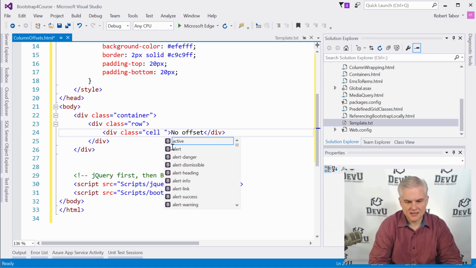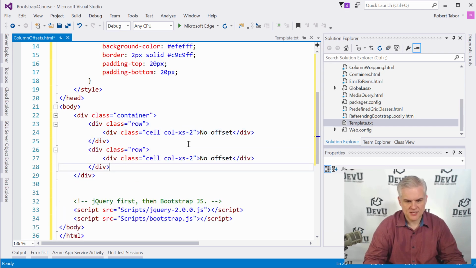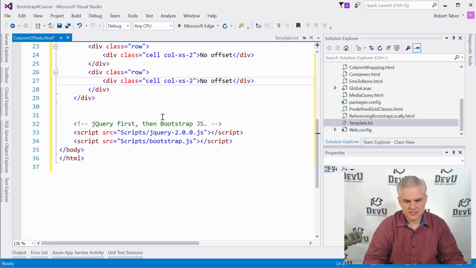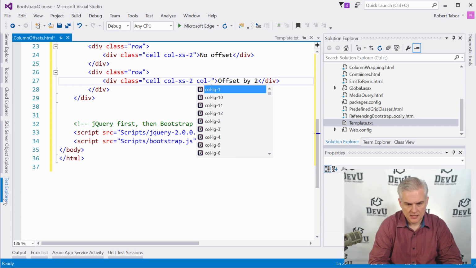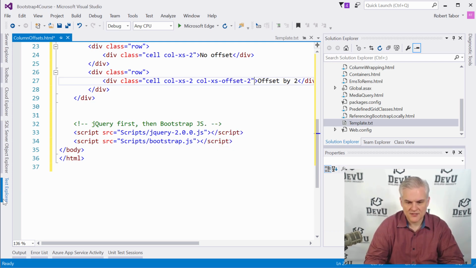I do want to use my cell class that I defined inside of my template, and then I want to give this particular cell a column of extra small, 2 columns wide. All right. Now this one has no offset, but let's add one that does have a 2-column offset. So here what we'll do is change up the text: offset by 2. And here what I'm going to do is add a column XS-offset, and you can see that I have options from 0 to 12,